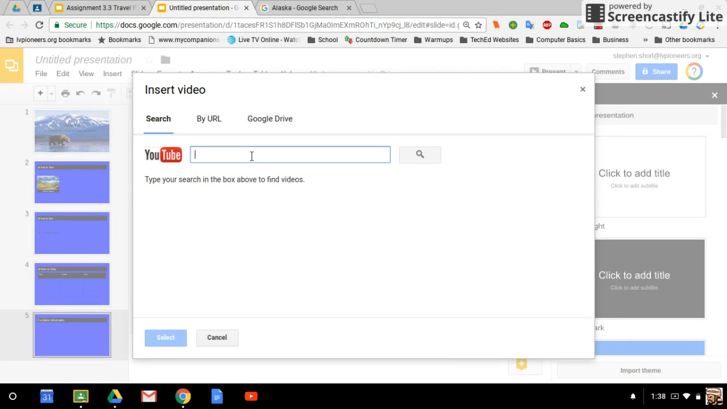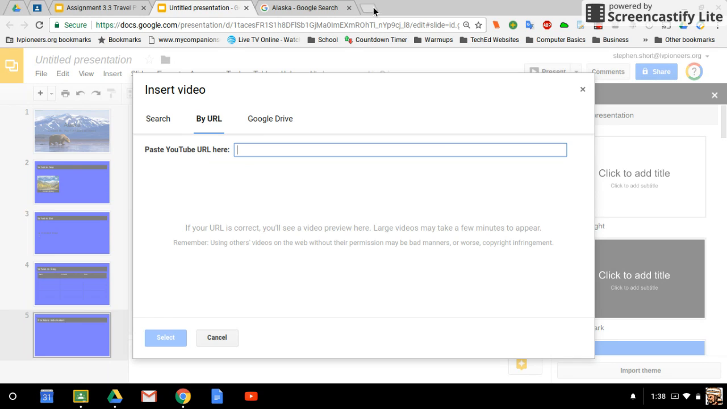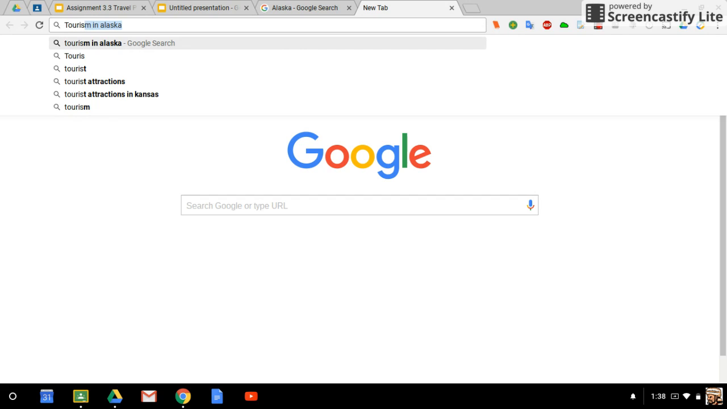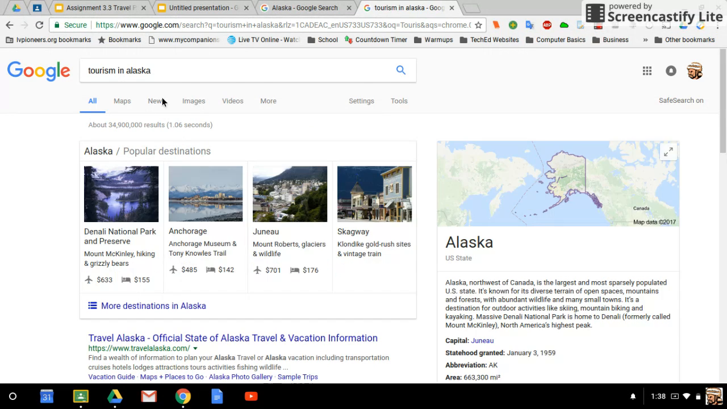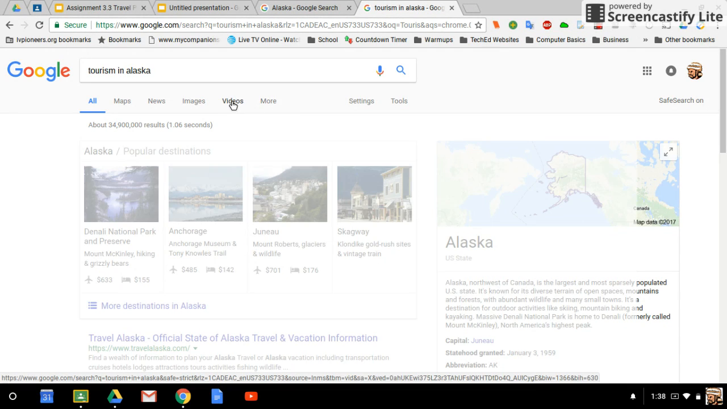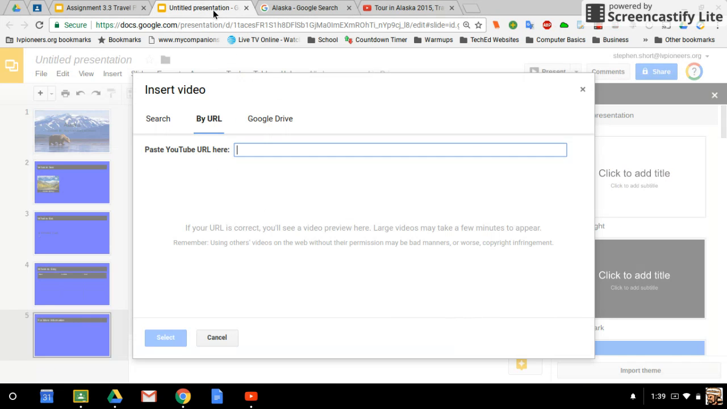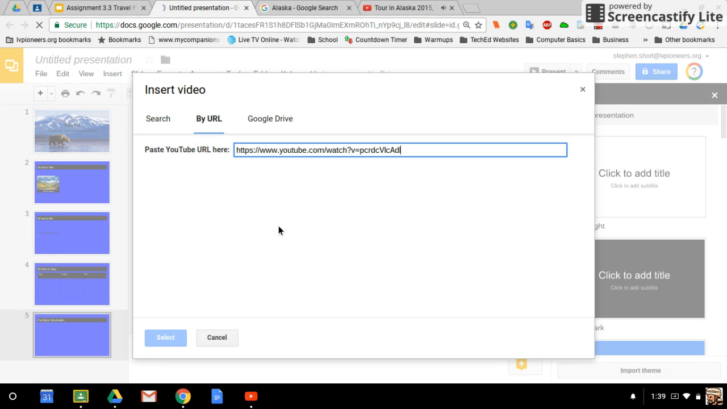And this is where you would copy and paste. And I could go by URL. So I need to find a tourism video for Alaska. And so once I've found a video, I'm just going to go ahead and copy and paste that URL into my slideshow. And again, you should have already done that. So when you do it by URL,